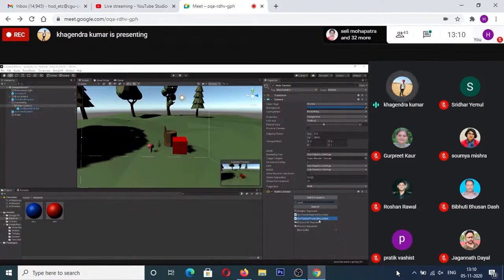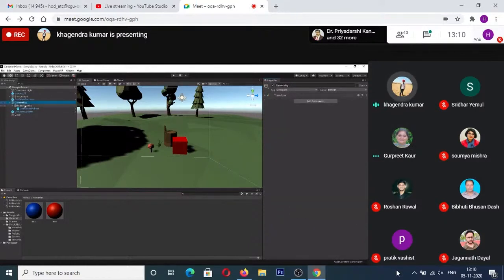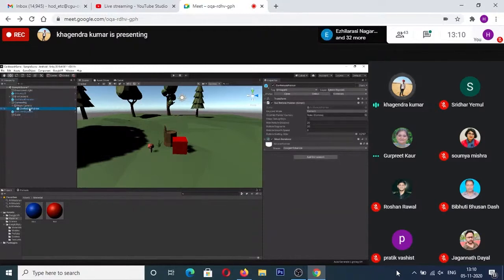I want a physics based raycaster, so I'm going to add the component GVR pointer physics raycaster to my main camera. Once you do that, our camera is now ready to render the raycast and shoot some rays as well.